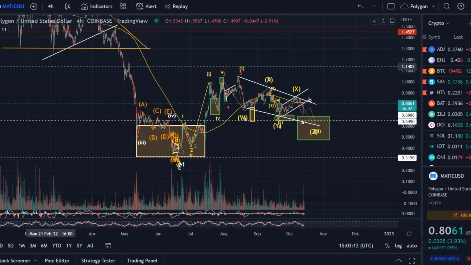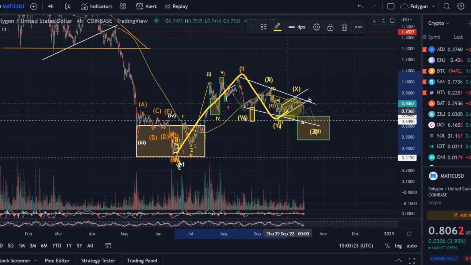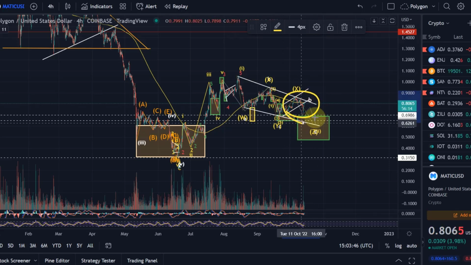That is one possibility. Or we've moved up in wave 1 and we had just a corrective reversal, right? And we're coming down once more in wave 2, because we really only touched that green box initially. We never really got into it. And this is unclear at the moment, and I'm going to zoom in in a minute and show you why. However, due to this short-term uncertainty, which we have exactly here,